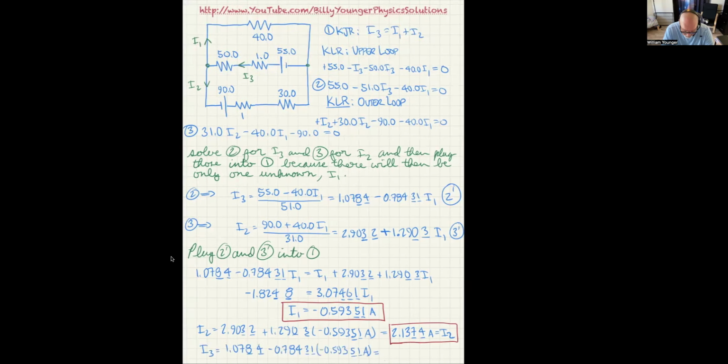Now we can also take I1 and plug it into the equation for I3, which is 2 prime. So that's what we're going to do here: I3 is 1.0784 minus 0.78431 times I1. But again, we have to carry out this multiplication first because we see we have 3 sig figs times 3 sig figs. And when we do that multiplication, again, let's try it, 0.78431 times